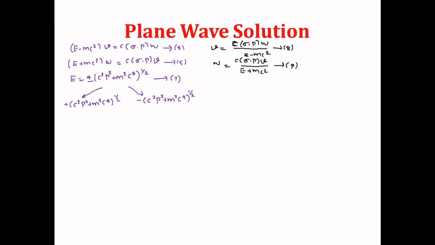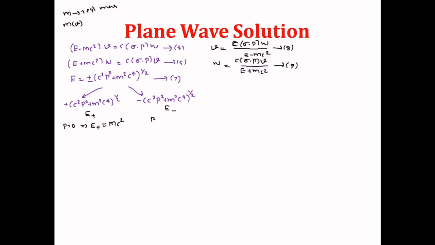Here the energy has both positive and negative values, and for convenience let me represent the positive value as E plus and the negative energy value as E minus. Remember, in all this derivation I have used the term m for rest mass, and when it moves with a particular velocity I will represent the mass as m of v. So actually this is the rest mass. In this particular equation p can have any values from 0 to infinity, but when p equal to 0 the value of E plus becomes mc square.